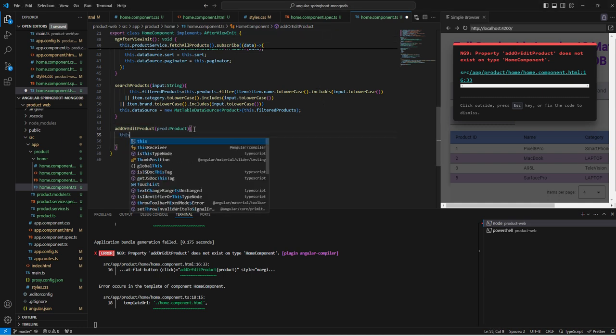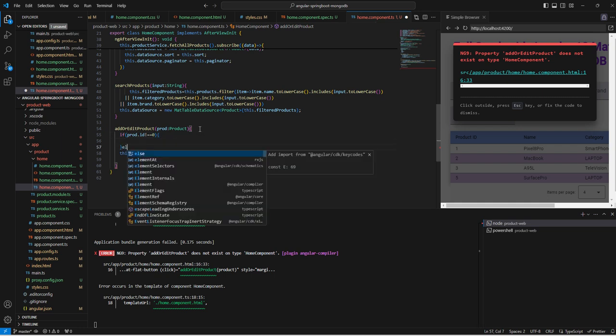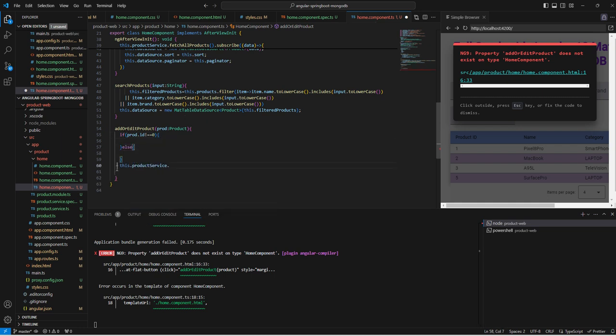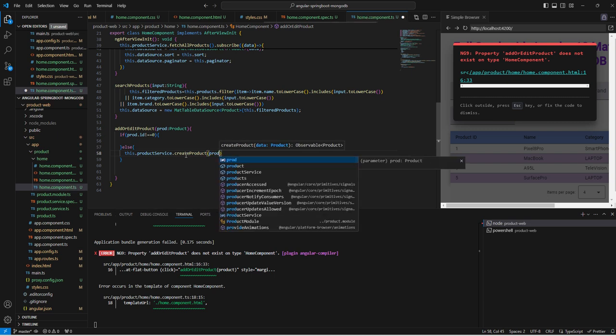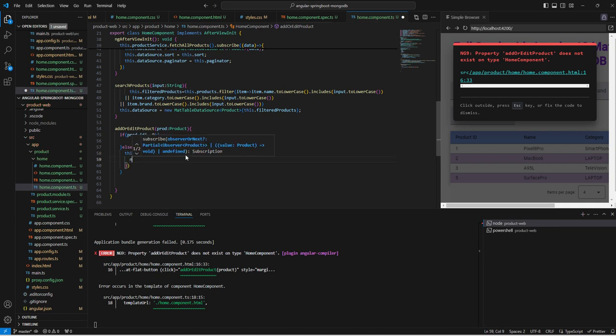Now here we can call our product service, and here we can call. So here first of all this method is going to be used for add or edit. So we can say if product.id is not equal to 0, it should go for update, or else if it is 0, in that case we are going to create the new product into the database, and we can call the create product method, and we can pass this product, and we can call the subscribe method here, and we can say next,